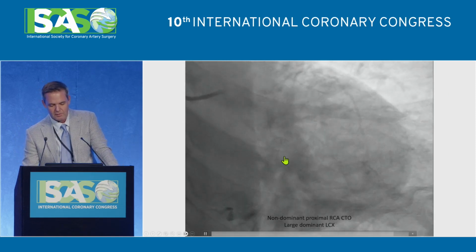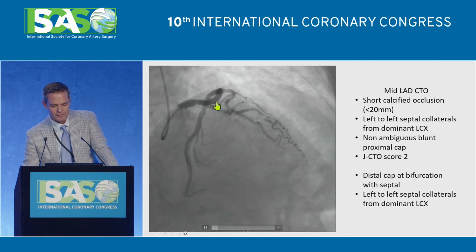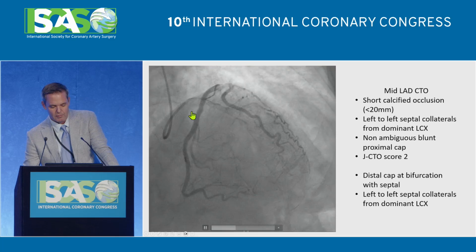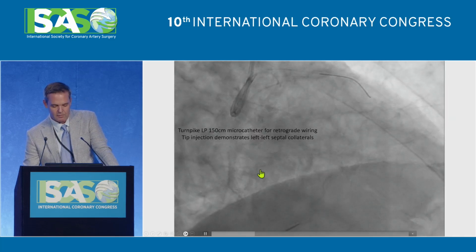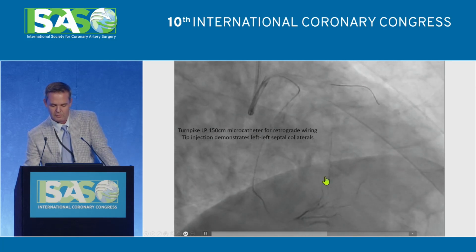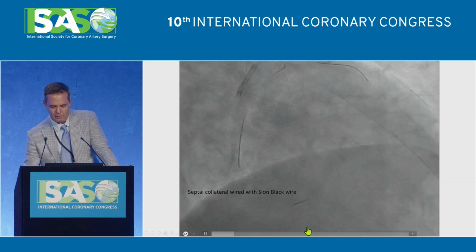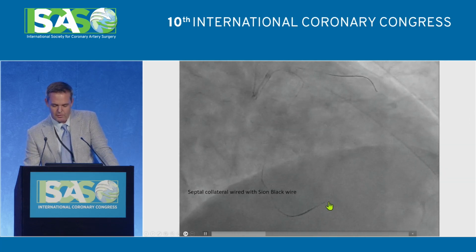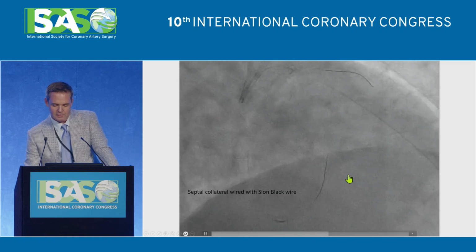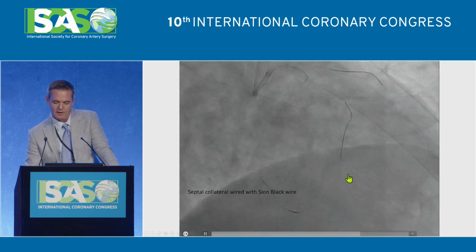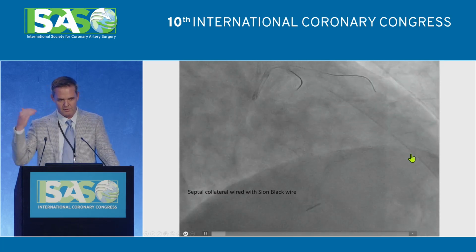So this is a left dominant circumflex with a CTO of the LAD. You can see, again, it's a difficult one for us to penetrate antegrade, but we've got these nice septals coming off the LAD. We use those a lot, so if you go downstream into the circumflex, you'll shoot the septals, you'll see they connect up to the LAD. We're able to wire through that, so you'll see a wire come down, and we'll go through those septals, track that wire all the way up to the LAD, and that's going to hit the LAD and pop down the LAD,